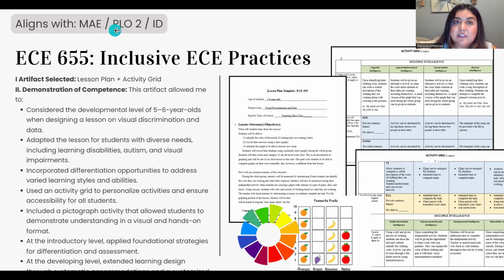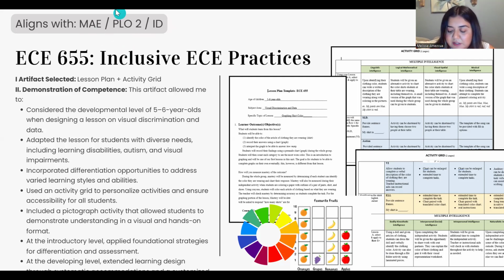So this one is tied to PLO 2 at an introductory and developing level because I did consider the developmental level of the students, which was 5 to 6 years of age. I adapted the lesson for students with diverse needs. I incorporated differentiated opportunities. The activity grid further personalized the activity to ensure accessibility for all students. There was a formal form of assessment to make sure that students met the goal, which was their ability to